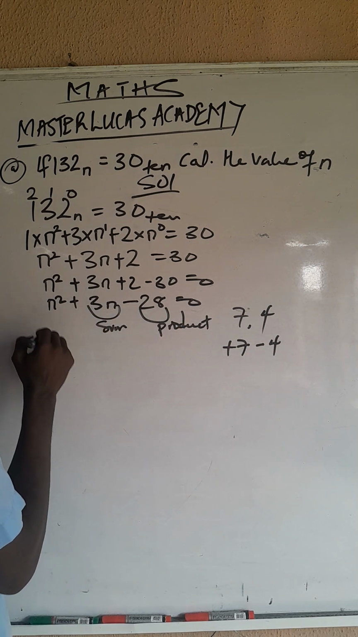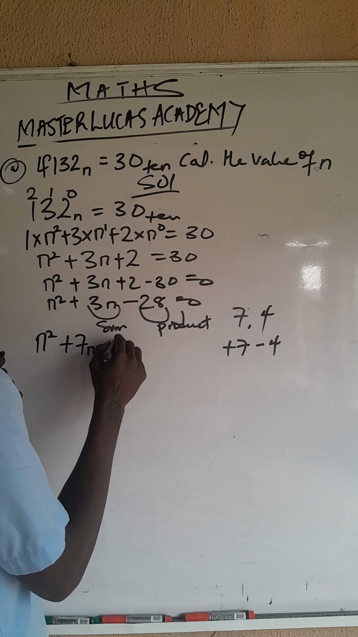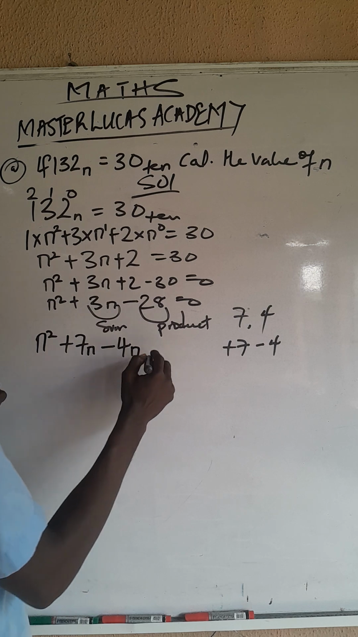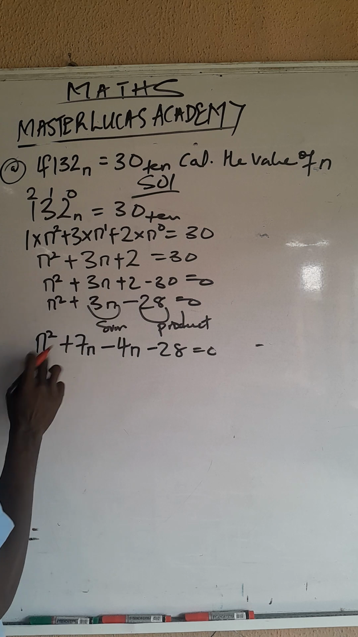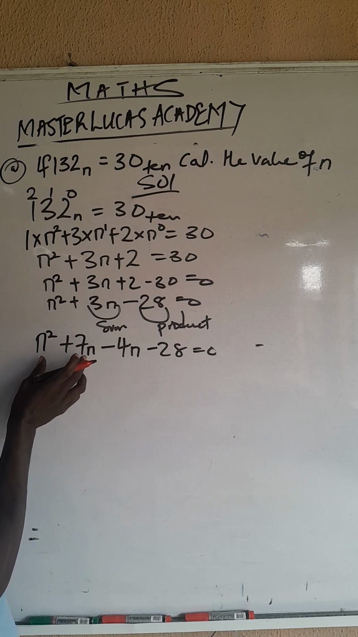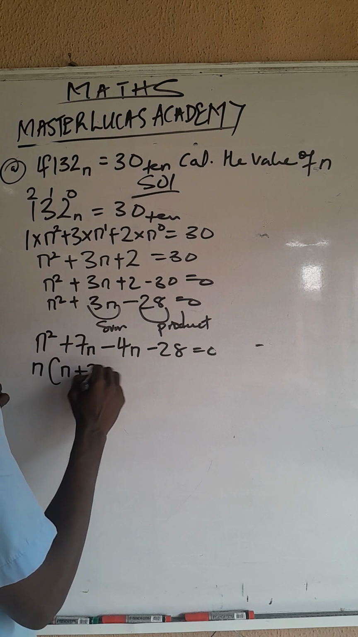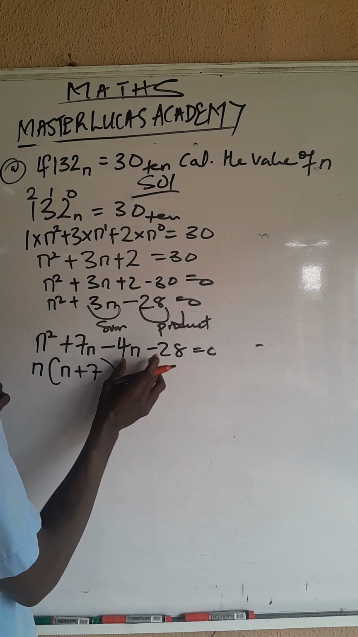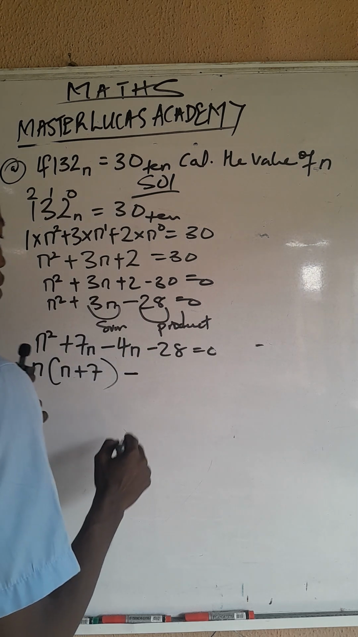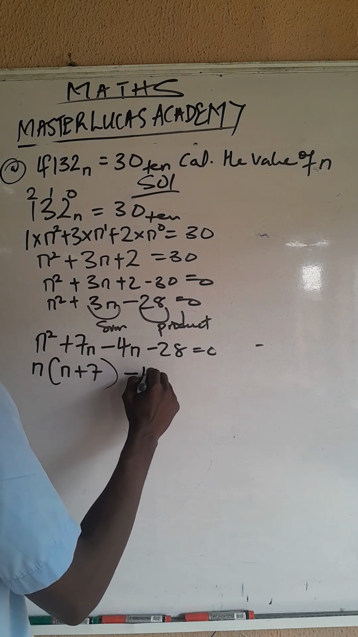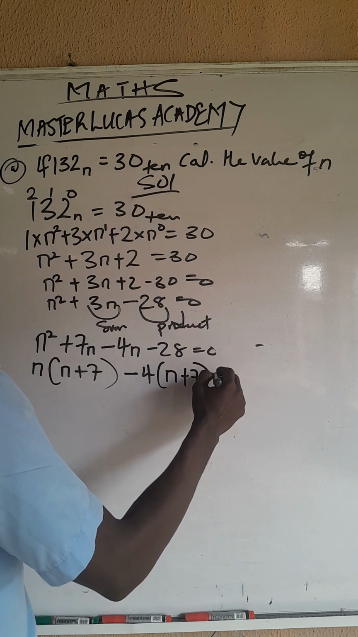So now we are going to have n squared plus 7n minus 4n, as you can see, minus 28 equals 0. So what is common to the two of them in this place? I guess n is common. n into bracket n plus 7, close the bracket. In this place, this one is minus, this one is minus, so there will be one minus outside. So what could that be? That would be 4, then into bracket n plus 7 again